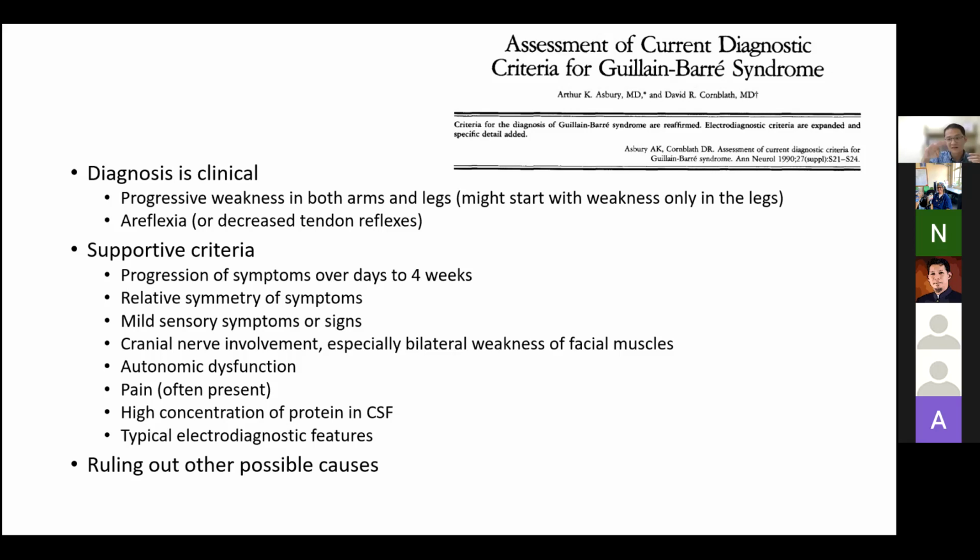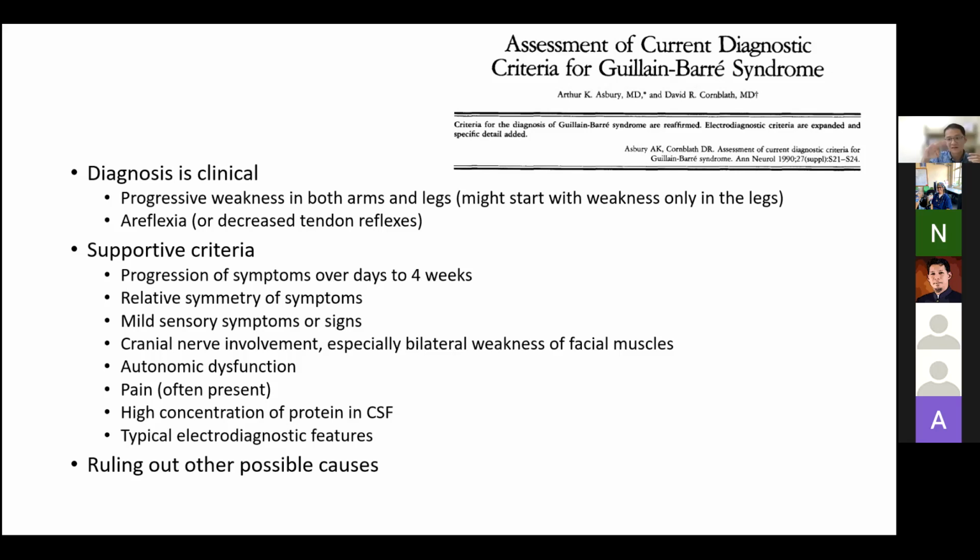Guillain-Barré syndrome typically presents with relatively symmetrical presentations. They don't really have much sensory symptoms from the onset, and some of them have cranial nerve involvement, autonomic dysfunction, and